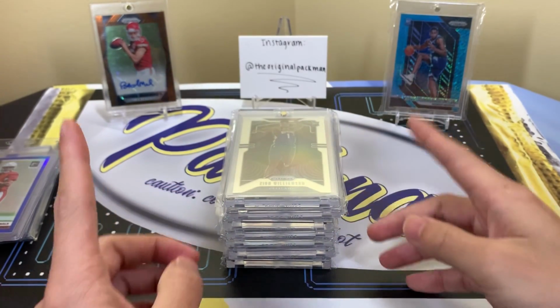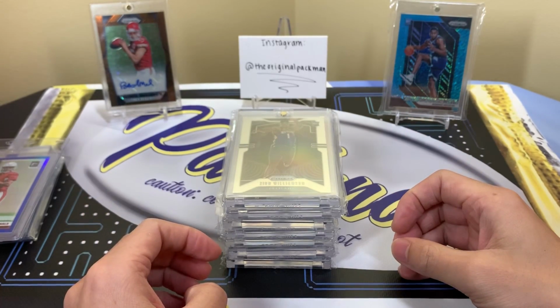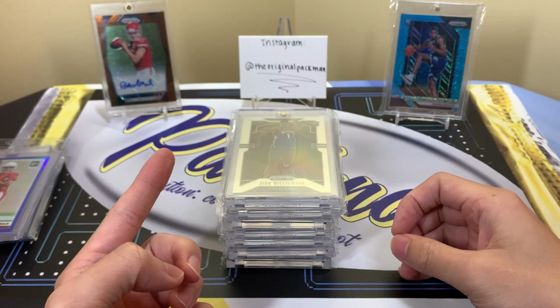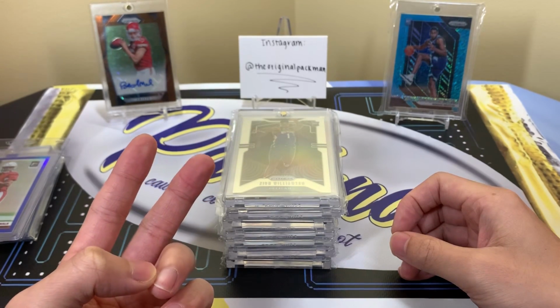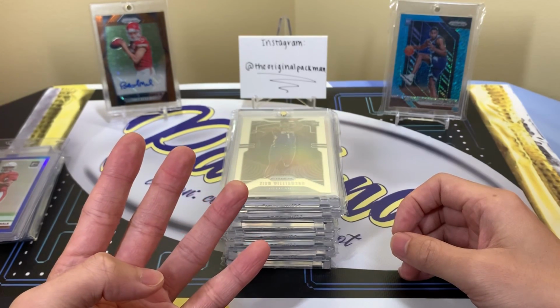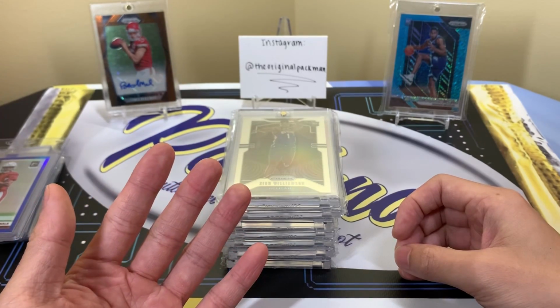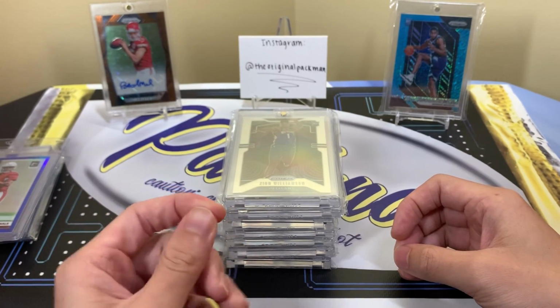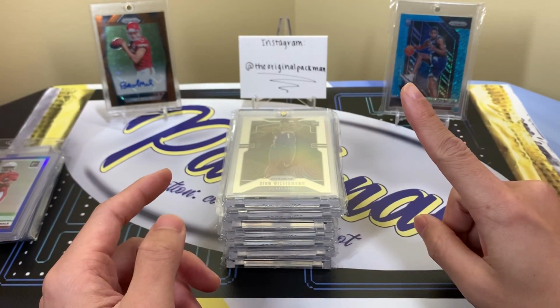So real quick, a few things I don't have in my possession are my Mahomes pink rated rookie, which is being graded. My Lonnie Walker zebra case hit, which I sold. The Tom Brady Pulsar die cut, and the Philip Lindsay zebra case hit. The Collin Sexton /5 from Optic rookie card, the rated rookie too, so that was huge. And the gold Josh Allen, which I pulled in Packs in Paradise in Spain,